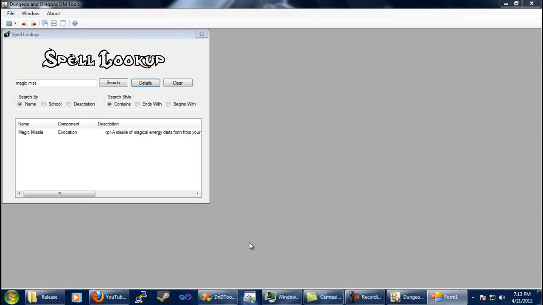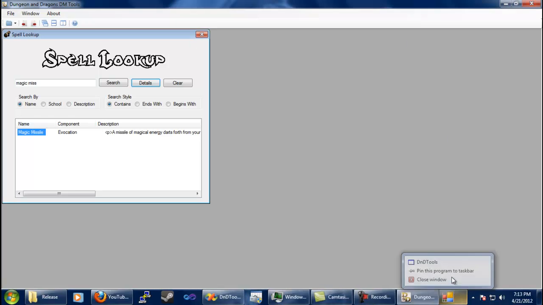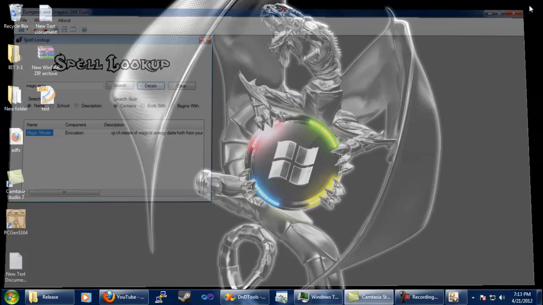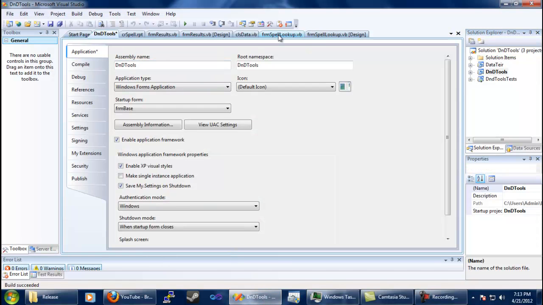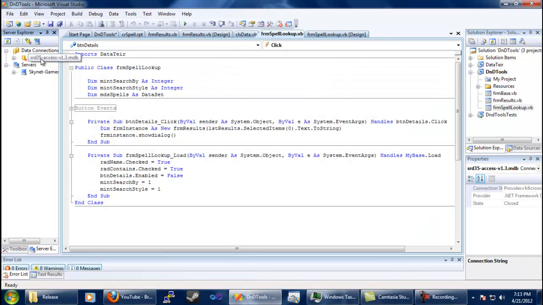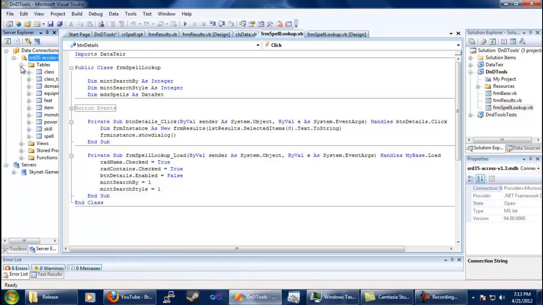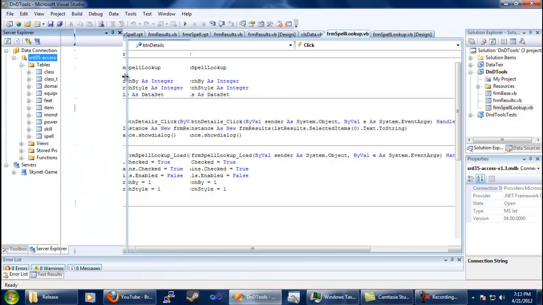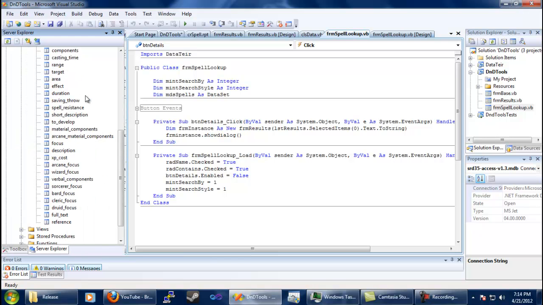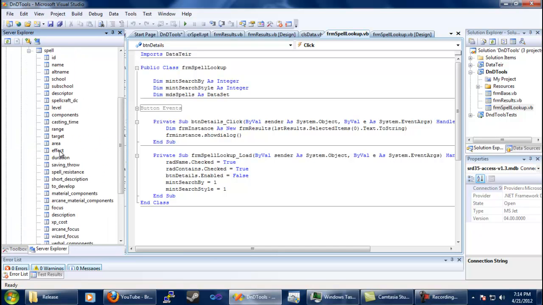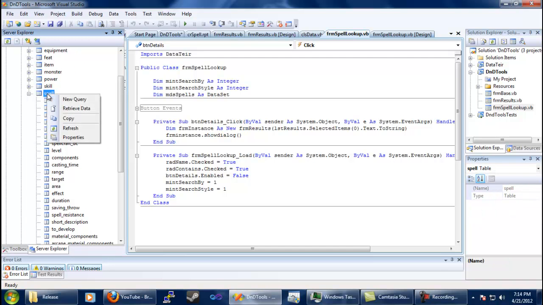Now we can look a little bit at the database. I'll just go file, exit here. So let's look at the database. In this program, let's go to Server Explorer here. This is the database as I have it that I've imported here. We can see there's a class table, domain, equipment, feats, item, monster, power, skill, spells, etc. The spell one is the one I was working with. These are some of the column names, so you can see a lot of stuff in here. If you want to see sample data,